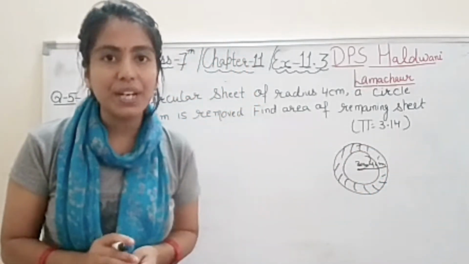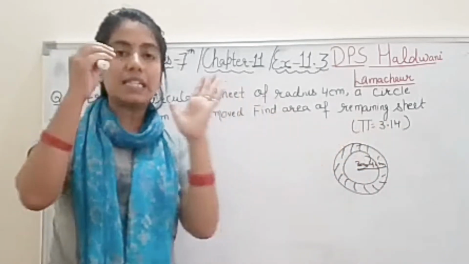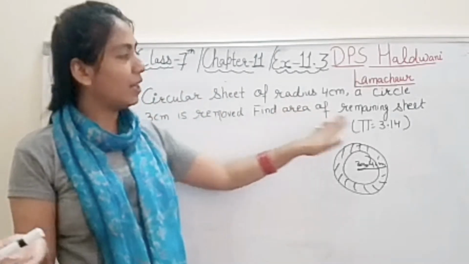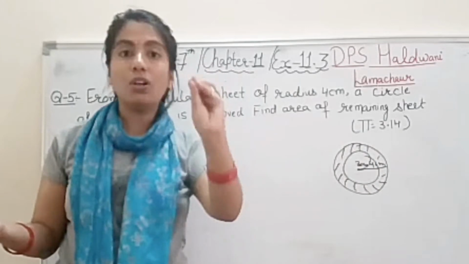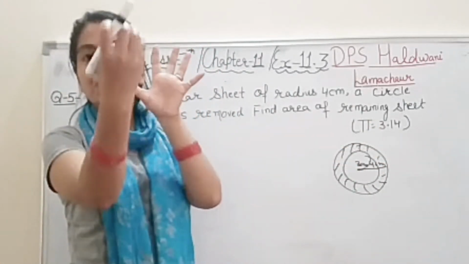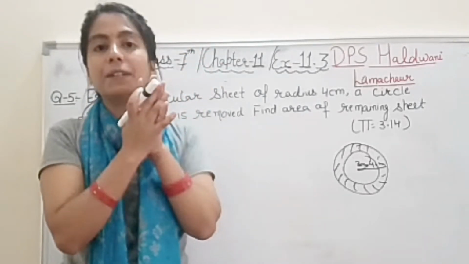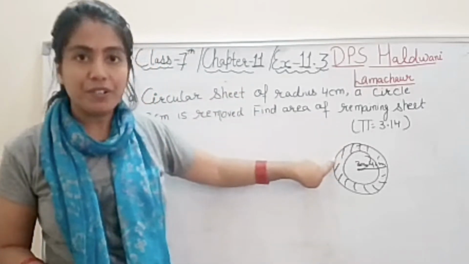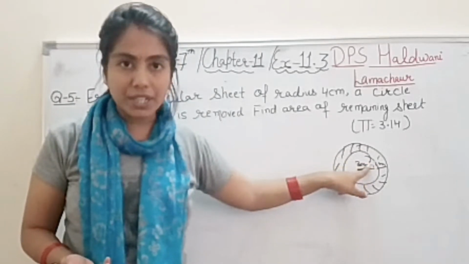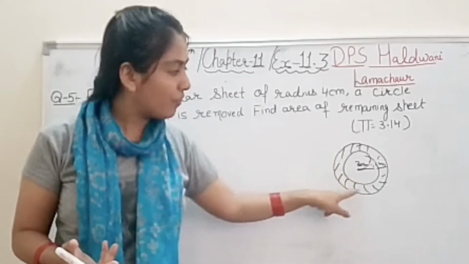Are you getting the question, student? And it is simply asking for area. Obviously, when we talk about what is inside a circle, inside means area only, right? So how will you find the area of the remaining sheet? Think logically. This is a sheet and you removed some part. So what will be the area of the remaining part? Obviously, the area of the circular sheet minus the area of the removed sheet. When we subtract both areas, we get the area of the remaining sheet.